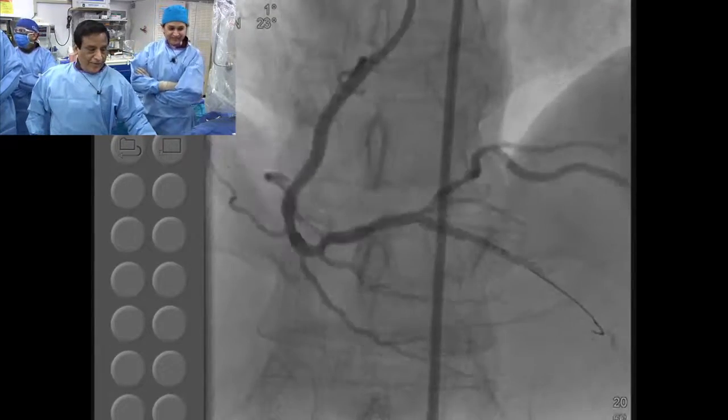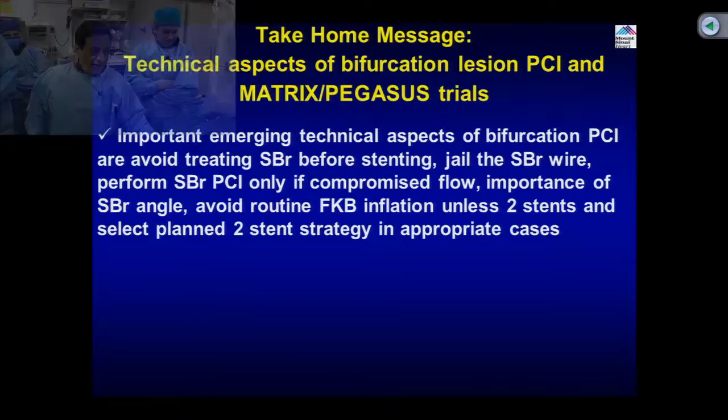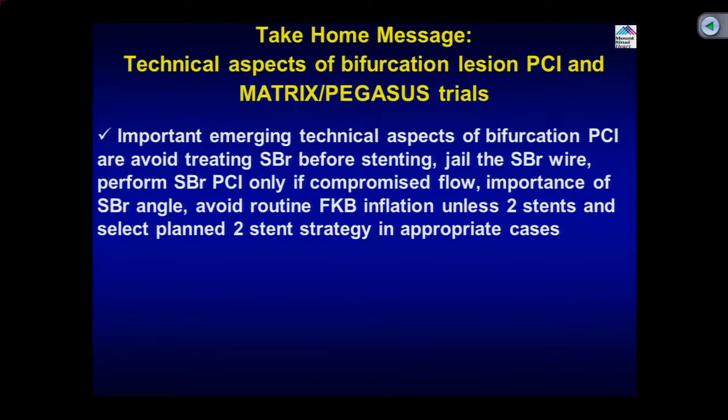Now we can just quickly finish it. We are reaching our time. So two important messages. The important emerging technical aspects of bifurcation PCI are: avoid treating side branch before stenting, jail